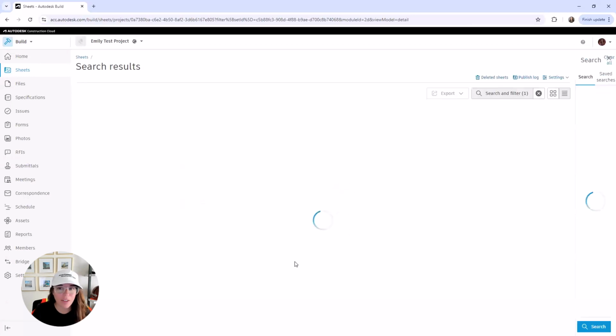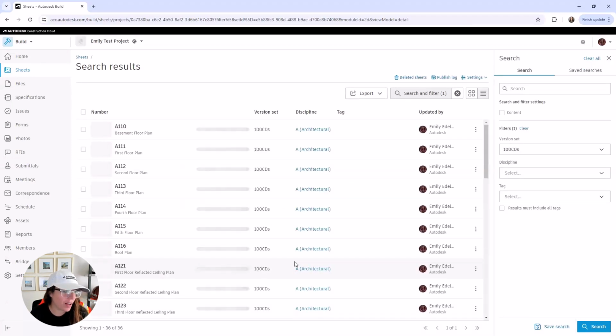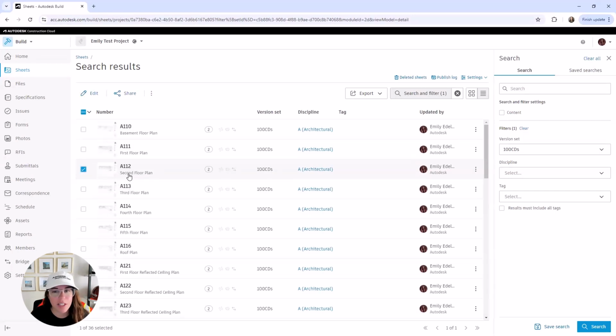So now we have all of our sheets uploaded. I don't know how long that was, maybe just a handful of minutes to actually upload all of our drawings, start to finish, have it automatically label everything for me from the title box of the drawing sheets to a usable sheet with a title where now I can search for that title. I can search for the contents of the drawing sheet,